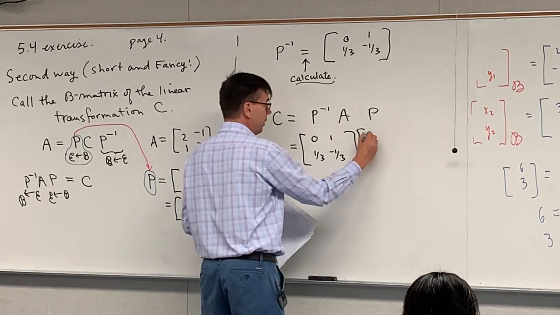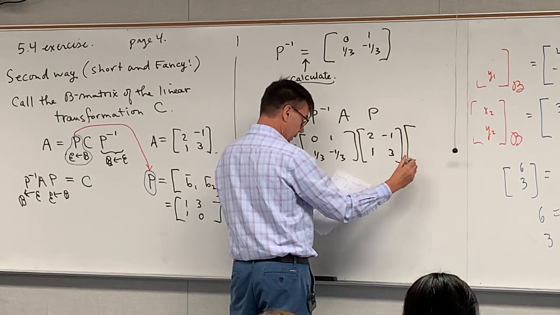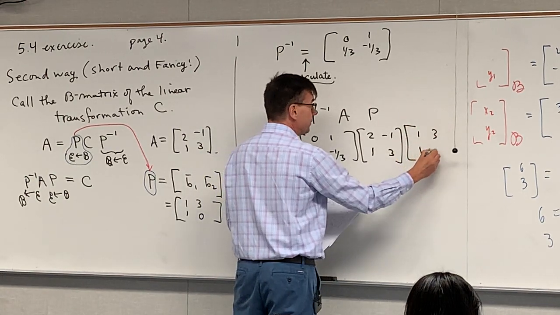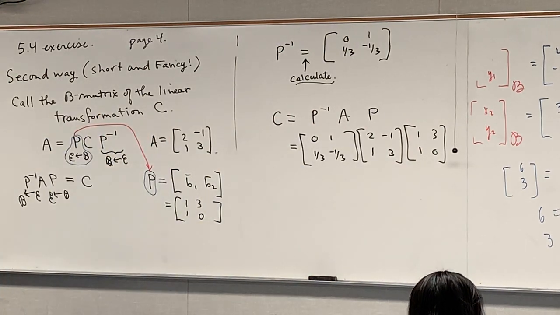A, I'm just recopying, 2, 1, negative 1, 3. P is 1, 1, 3, 0. And again, it's not so much which one we call P, which one P inverse. I think the issue is